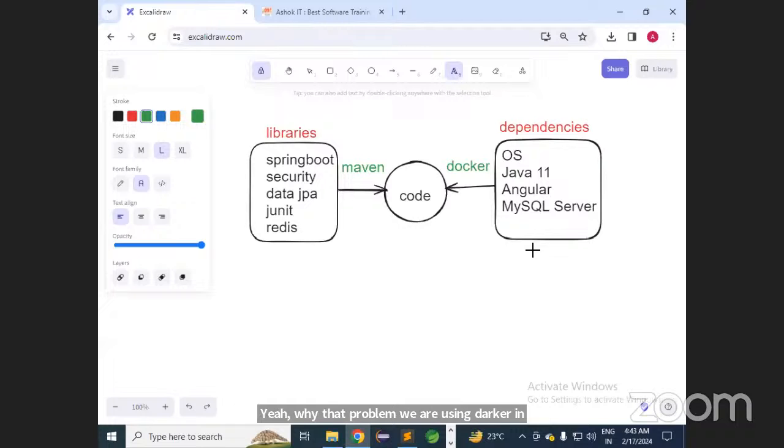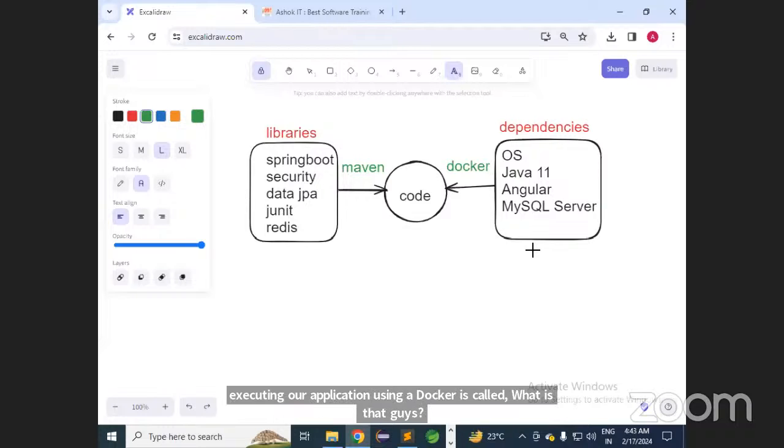What is the benefit I am going to get if I use Docker in the project? Docker will download the dependencies to execute our code. Maven will download the libraries. Docker will download the dependencies to run our application. The process of executing our application using Docker is called containerization. What is that, guys? Executing our application with the help of Docker is called